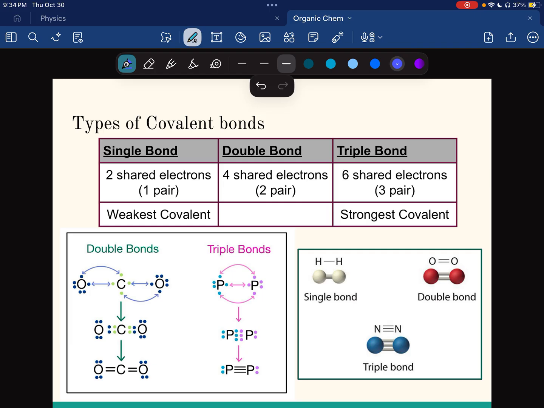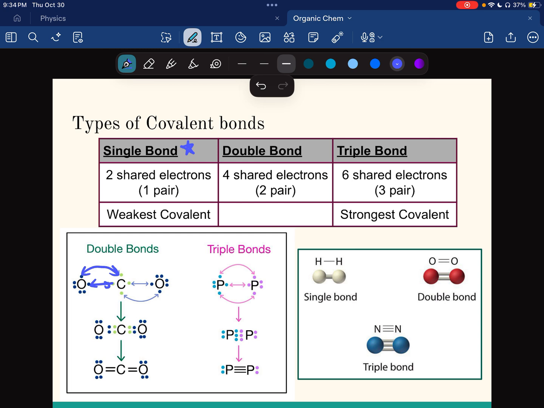And then these are types of covalent bonds. Pretty straightforward. It's just the same idea, just that the bonds are going to maybe form doubly or triply. So single bonds, we've already done that. Double bond, it'd just be like here. As you can see, this is bonding here, and this is bonding here, and same here,